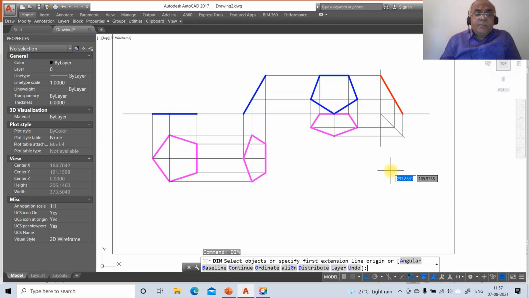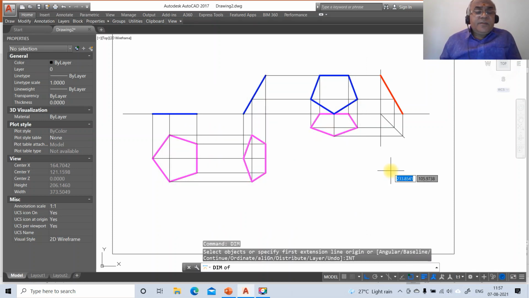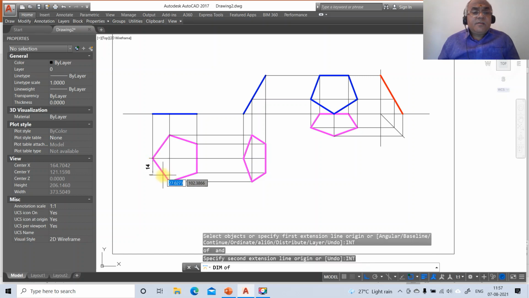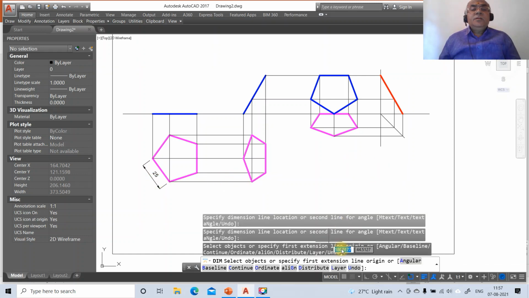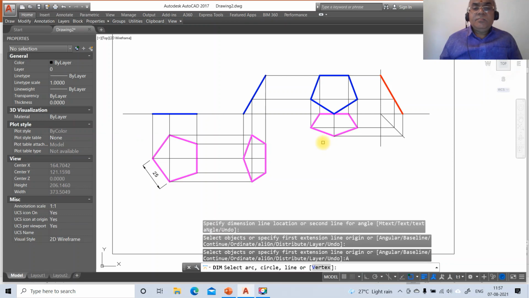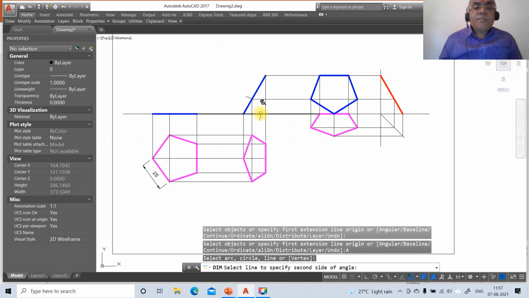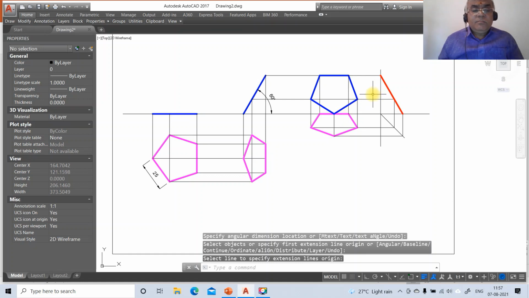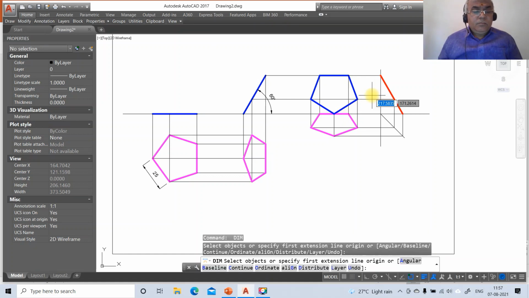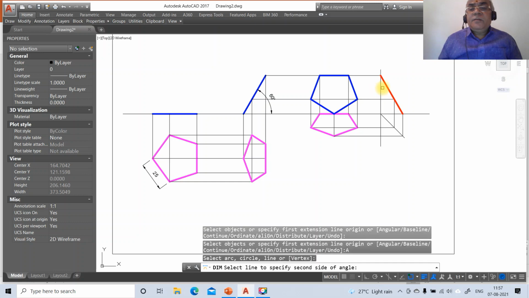Now we go for dim, take the intersection of this and the intersection of this. Go to align, you just switch off this, so you're going to get 25. Then you have angular, select between these two, go to 60 degrees, then go to angular between these two.